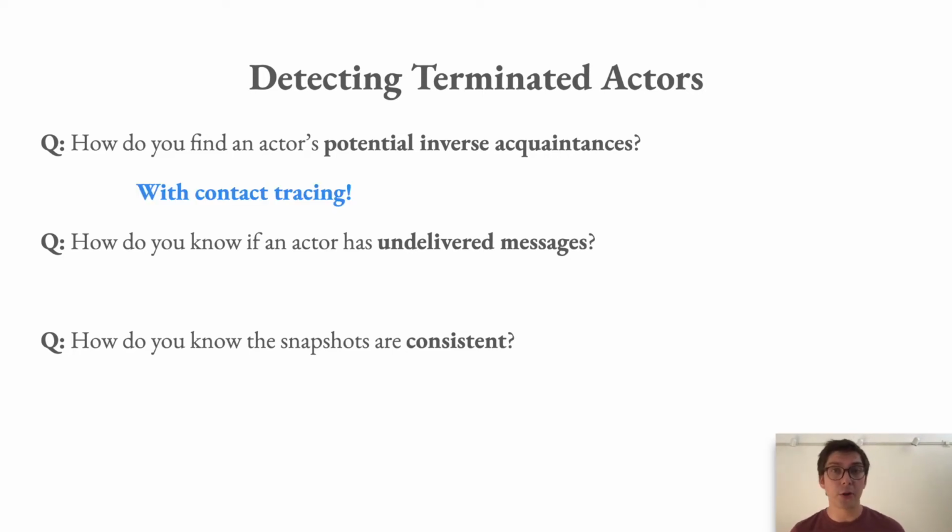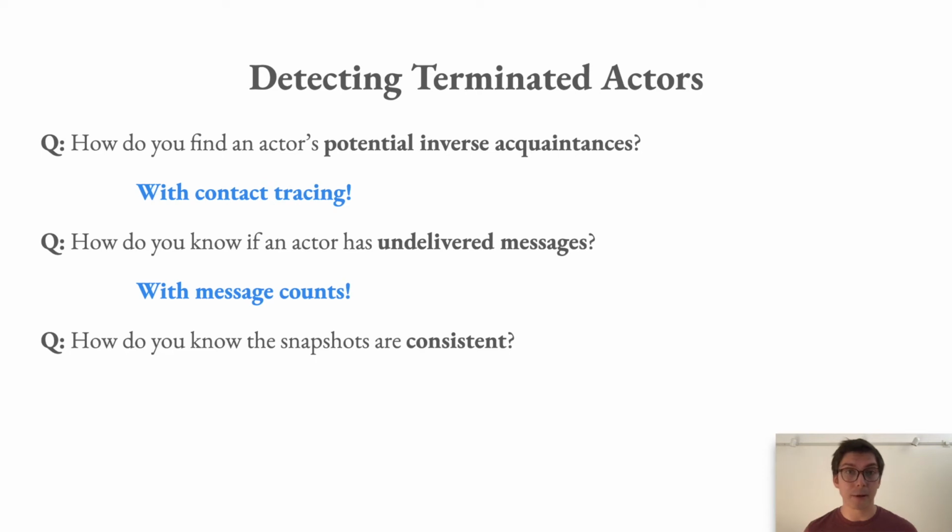Initially, we make sure that each actor knows the actor that spawned it, and then we make sure actors keep track of the references they send to each other. This lets you trace a path from one actor to all of its potential inverse acquaintances. This also lets us solve the second problem pretty easily, just by having actors keep count of how many messages they send and receive for each reference. And all this information is stored in that actor's local state and gets sent over to the snapshot aggregator whenever